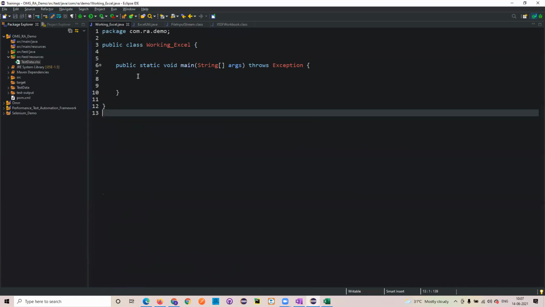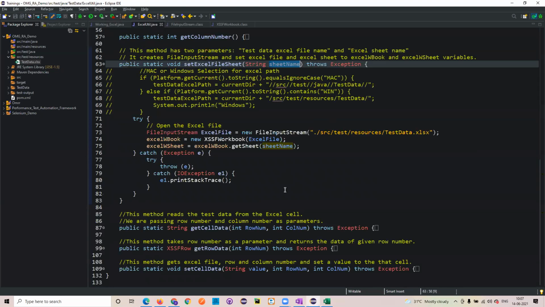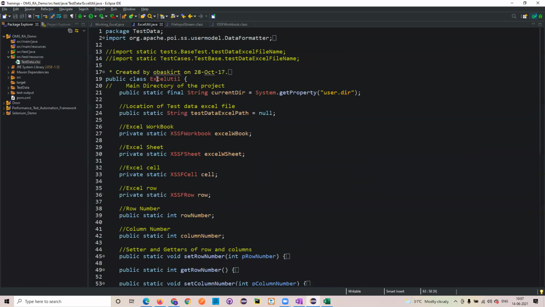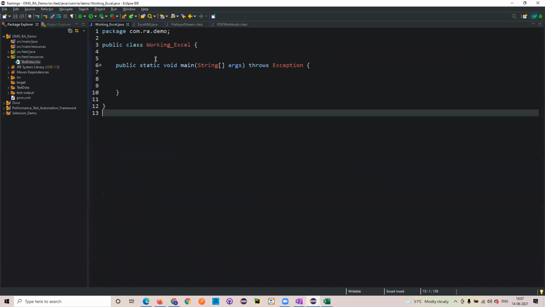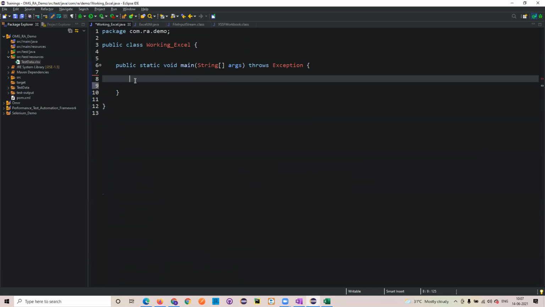Now rather than having it in the main method, we will try to write for this. What I wanted to do is use this particular class's methods. Now I'll take this particular object. How can I access the non-static variables and non-static methods from one class to another class? By creating an object. So now what I'll be doing is obj, obj excel, I'll be taking it. So now new Excel utility, I'll be writing over here.